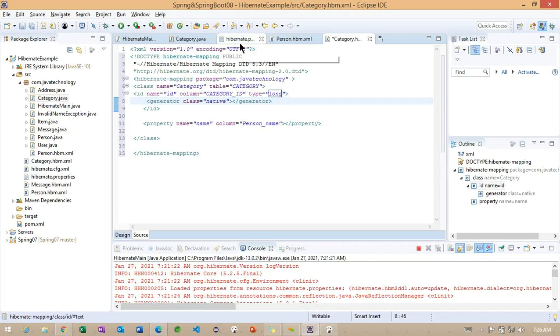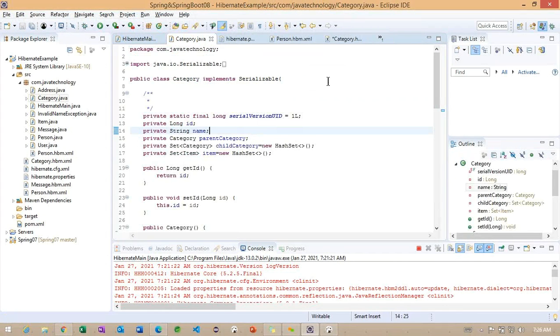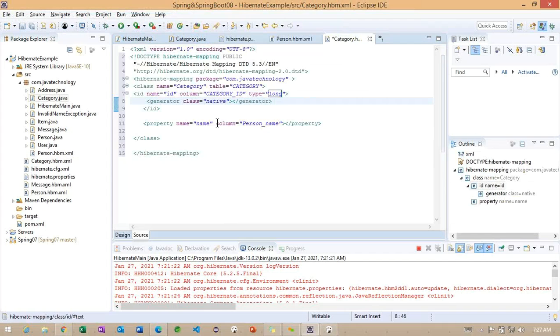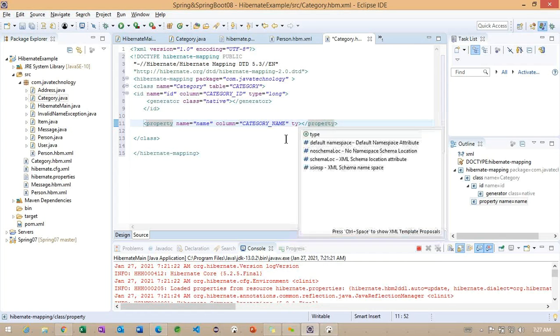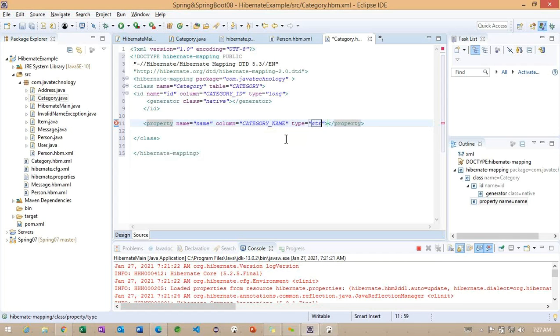What is one more property we are going to find in the category? Name. So for the name we are going to do the same here, category underscore name, and we are going to specify the type as a string.